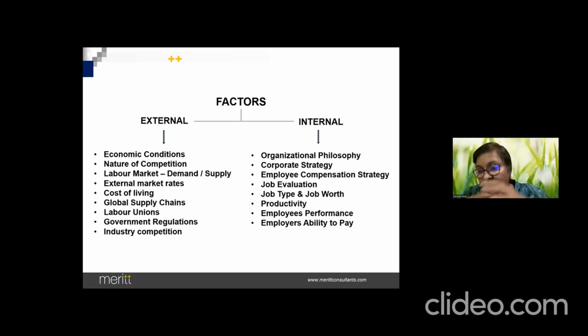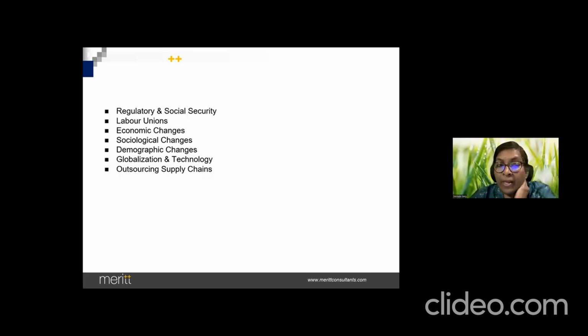We'll look at the strategy of designing compensation systems, because it is not something that is one size fits all. Obviously they differ in their strategies and philosophies. So how do they design their own structures, because every organization has to survive? What are some of the factors based on which they design those compensation structures? We'll come to that. We'll just park that, and you can remind me a little later.